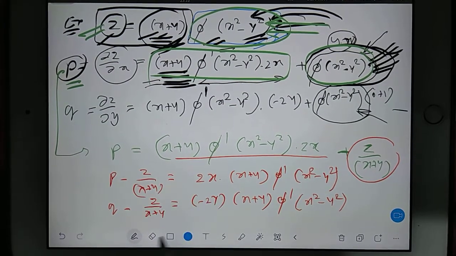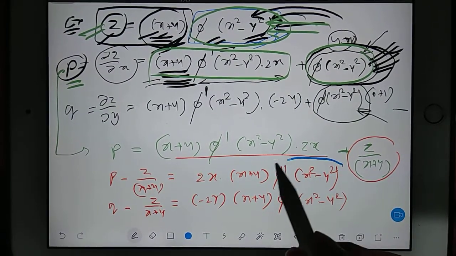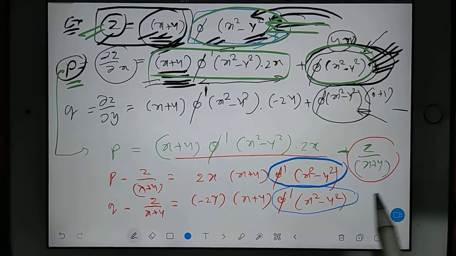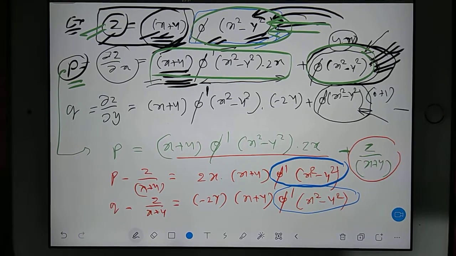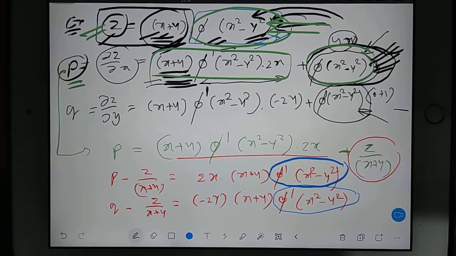Now in this value also we have a problem, and the problem is this: this is again another arbitrary function. We have to remove this. So I hope you got the logic in this question. How are you going to remove this? Anyone guess the idea? How can we remove these two parts?